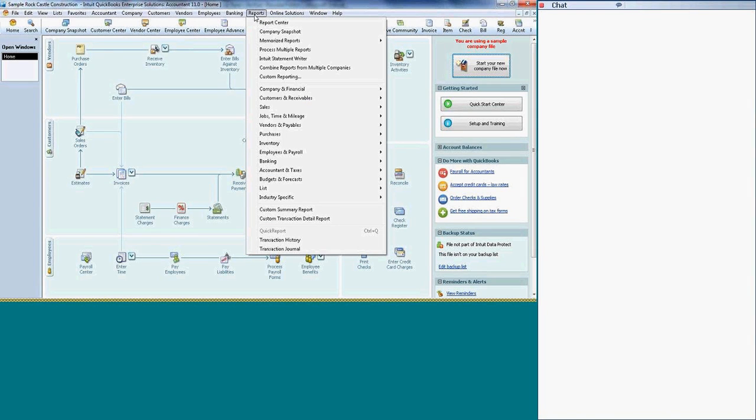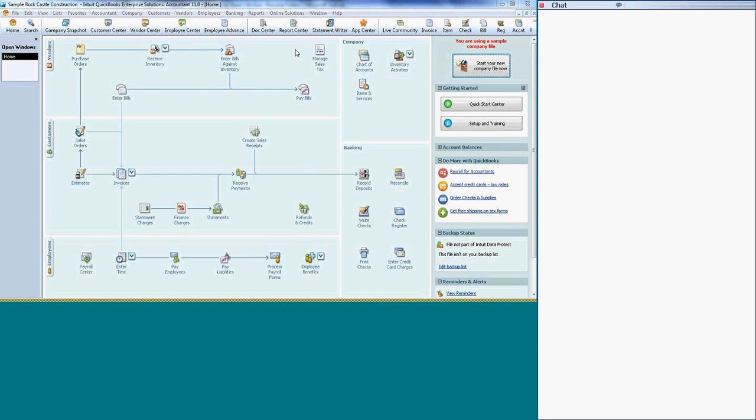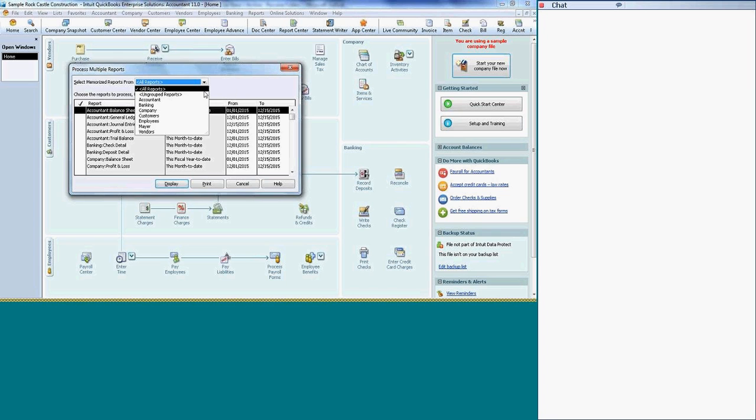Enterprise has another feature. If you have multiple companies, more than one Quickbooks file for several companies, you can combine and process multiple reports. If you click on this option, first of all, it's going to ask you, this one is different. This one is just multiple reports from all the reports. That is,